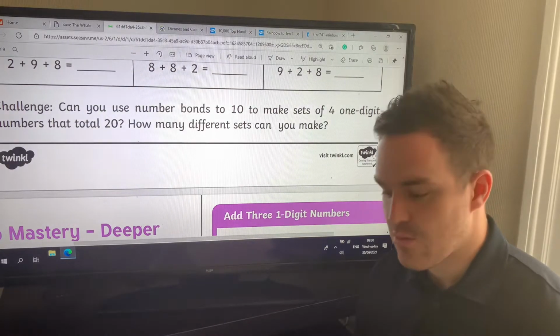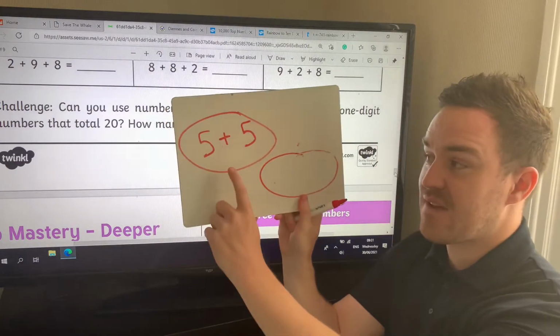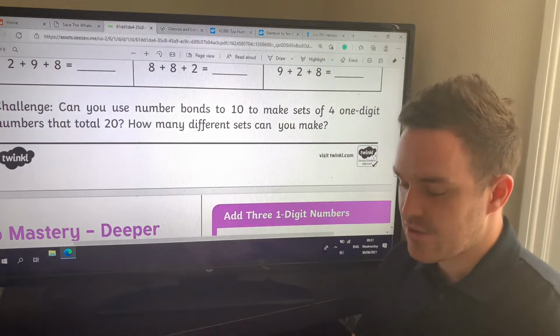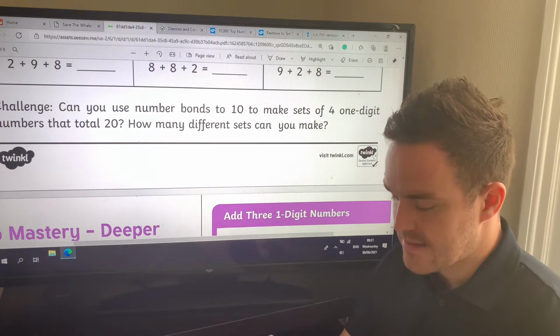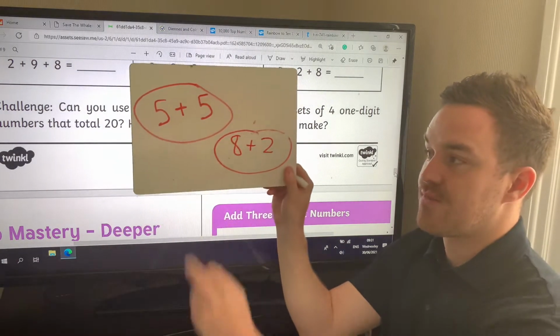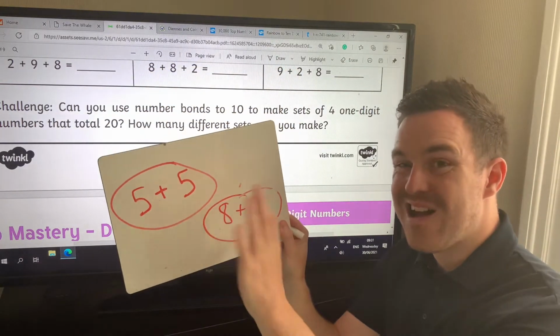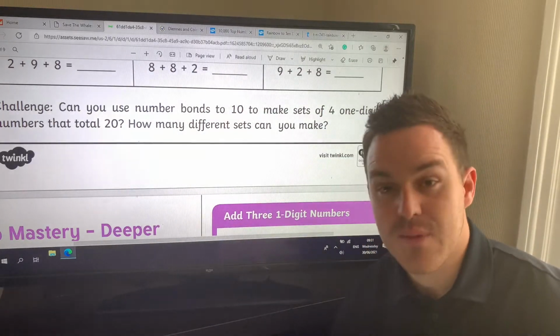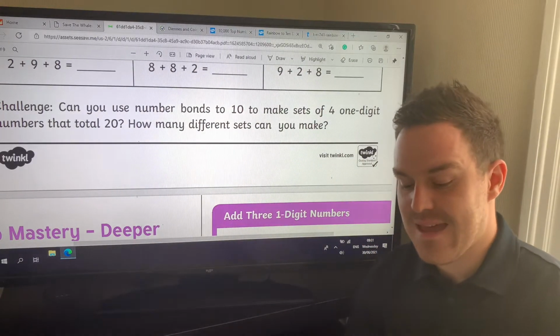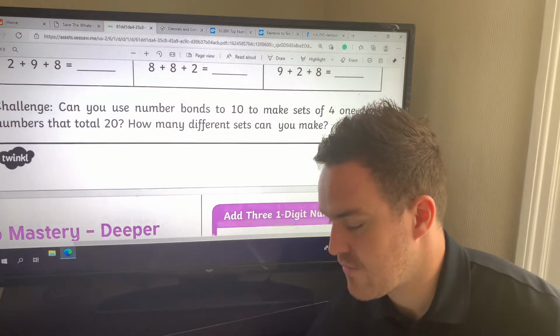Always important to read the question carefully. So 5 add 5 is fine because they're 1-digit numbers. I could also do maybe 8 add 2. So I've got that 10 and that 10, 2 tens altogether, which we know makes 20. So you can see how many different ones you can make. You can maybe let me know how you get on with that. Then, if you do that quickly, which I'm sure some of you will,